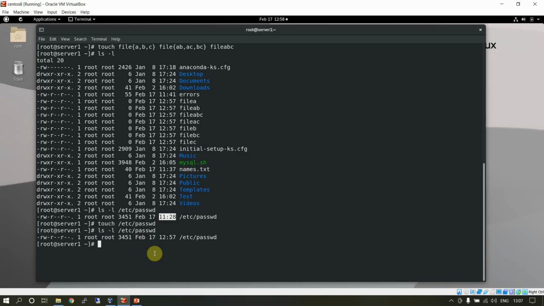Why would you do that? What is the use case of the touch command? The touch command is very handy in scripting. Suppose you have a scenario where you want to execute a script and you feel that the script is going to take time, and you have to go home now. What you will do is keep your system on, start the script, but you want to know when the script execution finished.